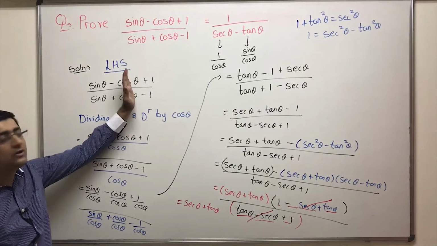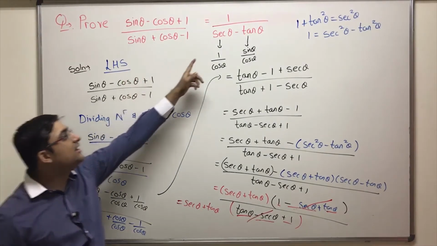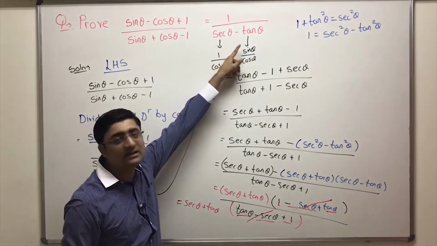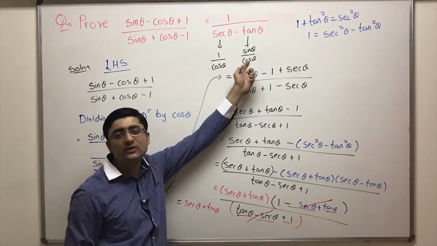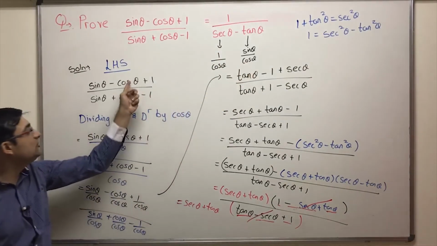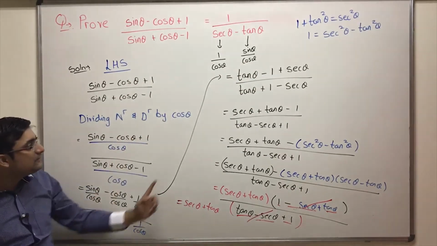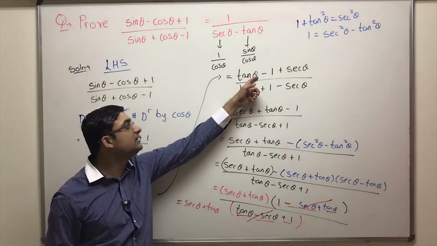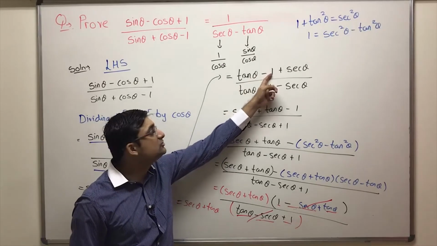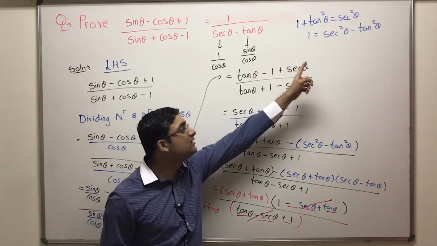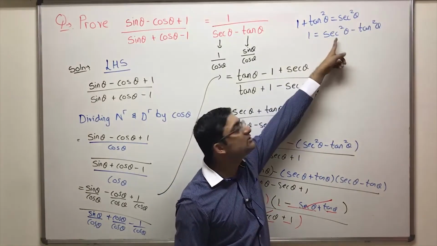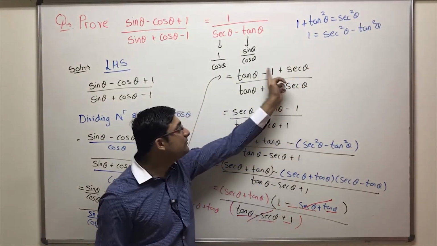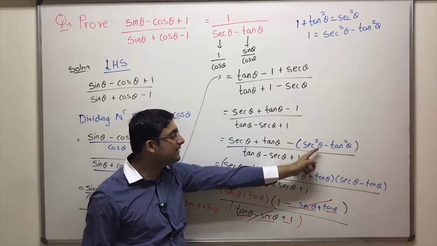First step is, see, we could not do anything much. So I noted on the RHS, we have sec and tan. Sec is 1 by cos, tan is sin by cos. In both the cases, we have cos theta in the denominator. So divide numerator and denominator by cos theta. When we simplified, we got this expression. Now see, I have a 1 over here. So what is the identity involving tan and sec? 1 plus tan square theta is sec square theta. So what is 1 from here? Sec square theta minus tan square theta. So I replaced this 1 in the numerator by this value.